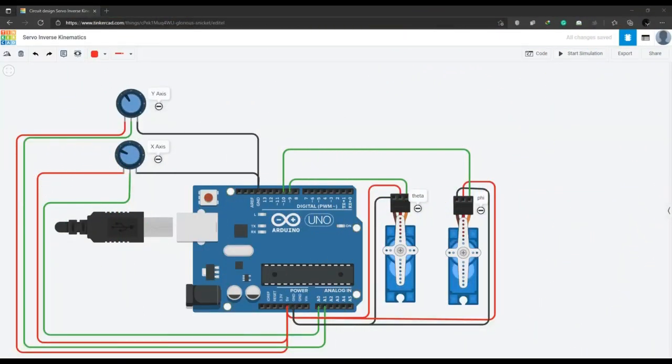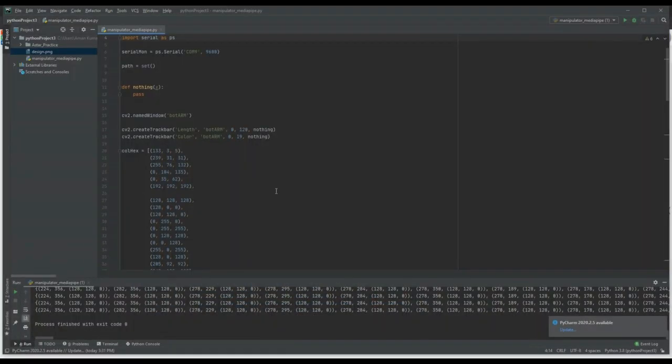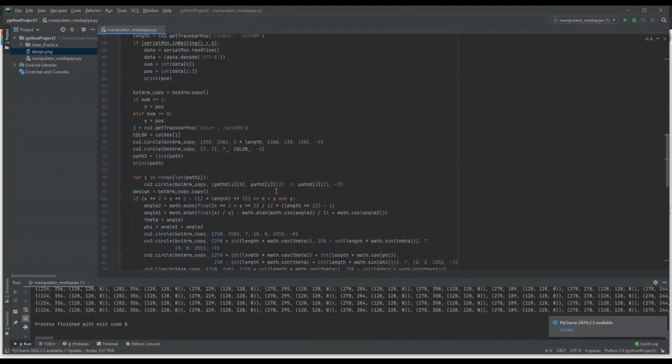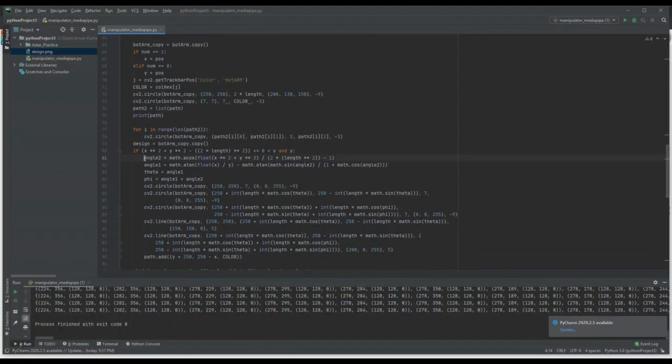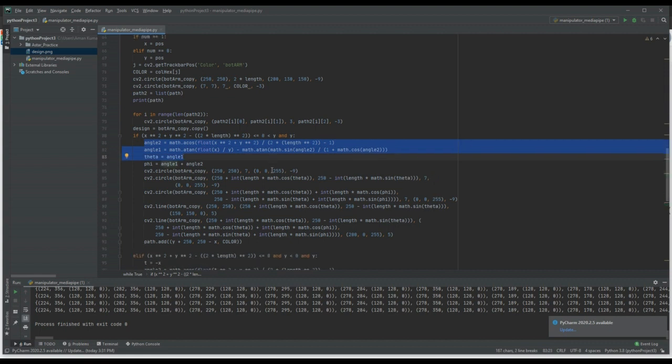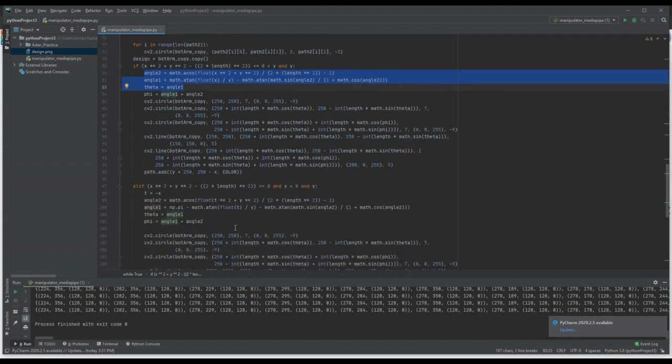Here the simulation in Tinkercad is not intuitive at all because it seems as if it's moving in random directions. So in order to have a better visualization, I have also created a Python program, and I have used the same mathematical formula that was used, that is angle 2 equal to x square plus y square divided by 2l square minus 1 and so on. I have also taken two cases for x greater than 0 and x less than 0